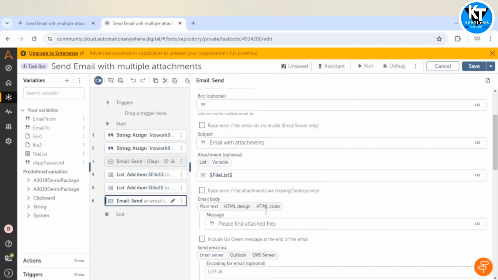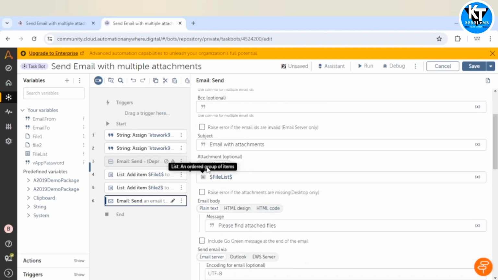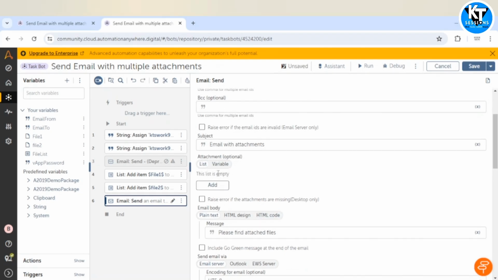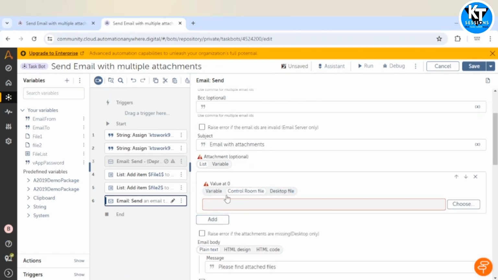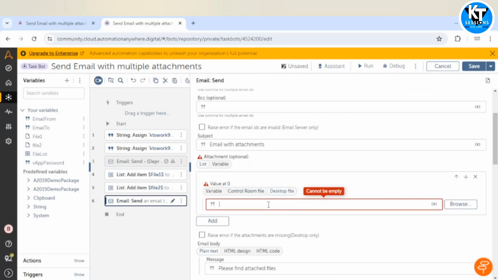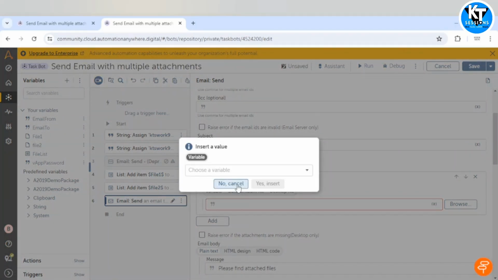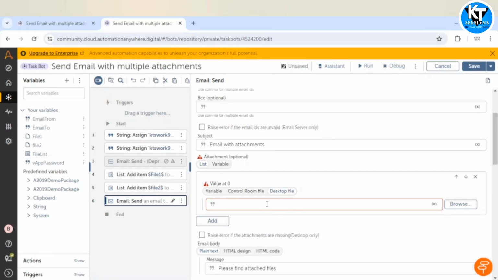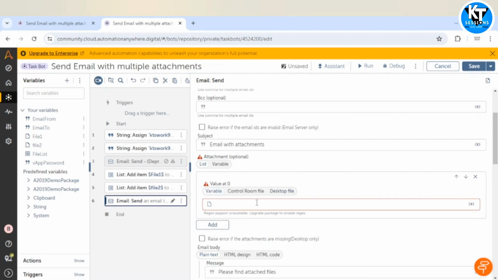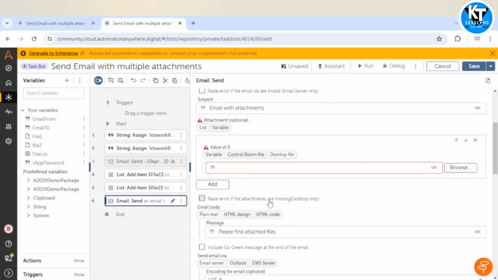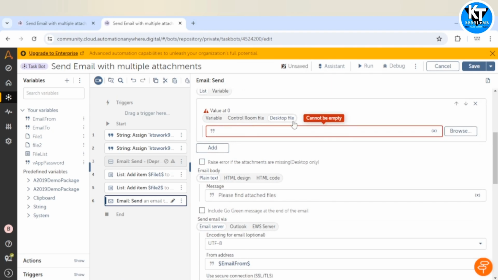But let me show you one more option. So if we click on this list, here we can directly add the path of the file. So if your file path is in a string variable, just click on this list and click on this text of file. And here you can give your path, or you can select your variable also. And if the type of your variable is string, then select the variable here. And if the type of the variable is file, then select the file, click on this variable and select the file path here, or select the variable here. Okay, so you can directly give the file path here instead of creating a list and then adding the items. Just directly give the file path here.